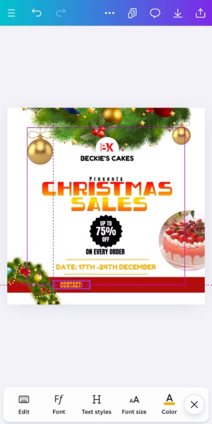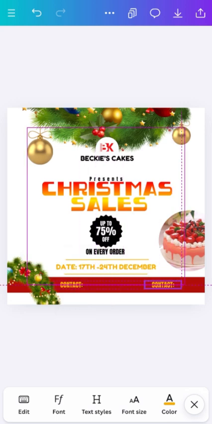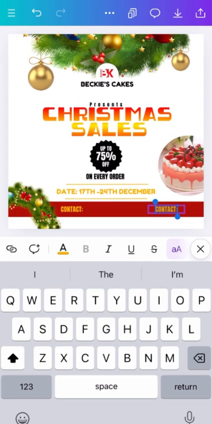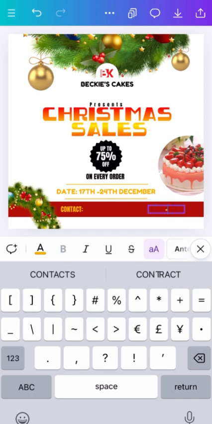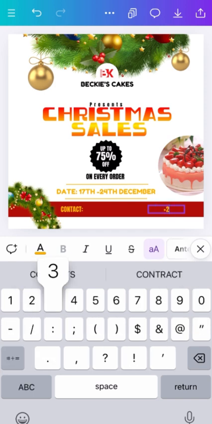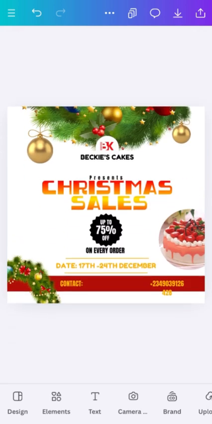So place this here, make sure it aligns at the middle, and we are going to duplicate this and add the number. So let's say plus 2349039126428. Okay,